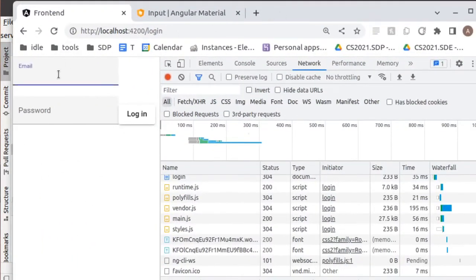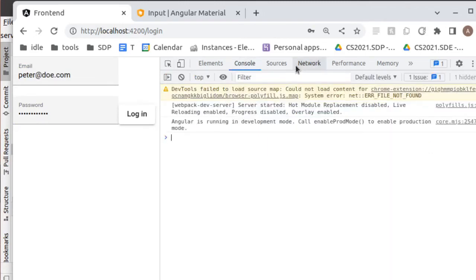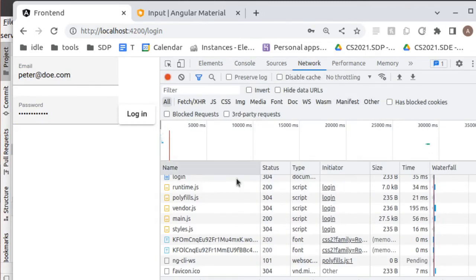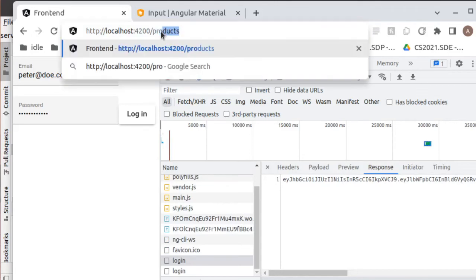We can log in again, peter@doe.com, and the password here. And let's just take a look at the networks tab, just to make sure that we got a successful login. And now let's go to products